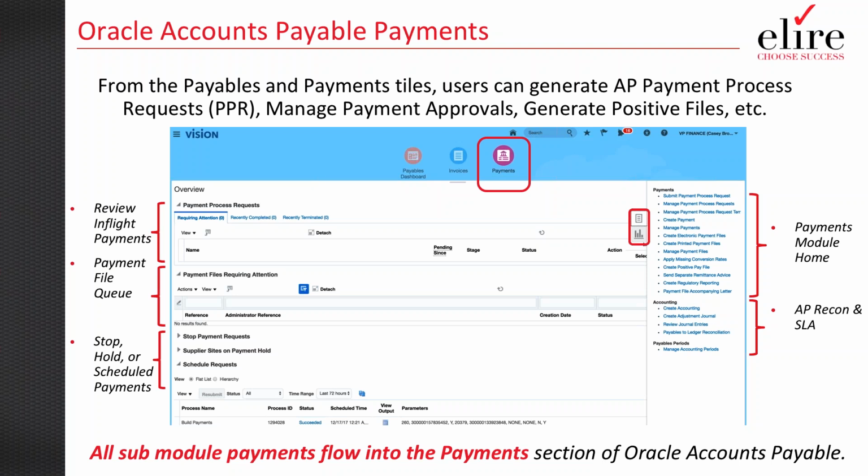Or I might have a payment file queue that requires attention, where my files are in the process of being processed, but they haven't passed validation. Maybe there's a bad record within the file, maybe there's bad data, maybe it's improperly formatted against the templates, and we need to go out and adjust those payments to ensure that they go out the door correctly. Then we also have the other traditional queues that most AP systems have, where you can quickly identify any kind of stops or holds on payments or on invoices.